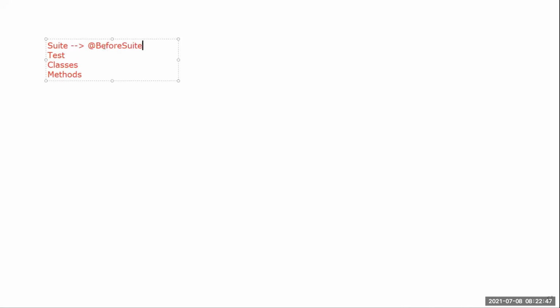This is a precondition. Before starting the suite, it will execute this method. And before executing the test tag of the testng XML, it will have BeforeTest. If you want to execute something before a class, then you have the annotation BeforeClass. And if you want to execute before each method, then you have BeforeMethod. So these are all the precondition methods.